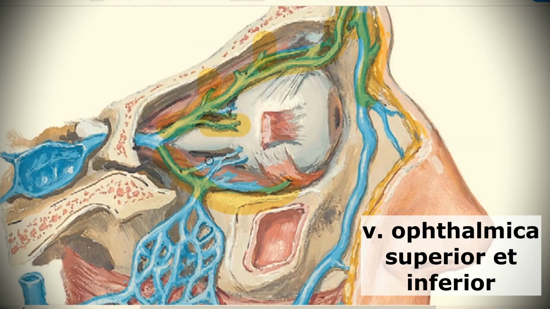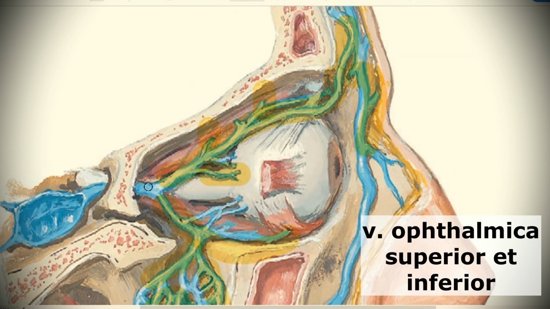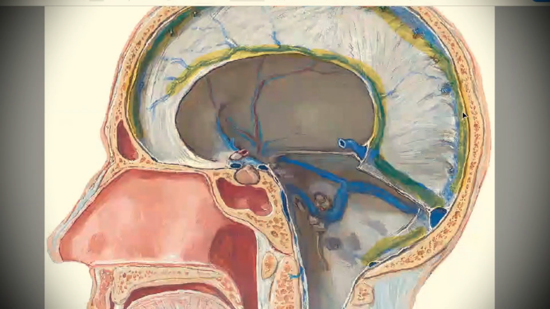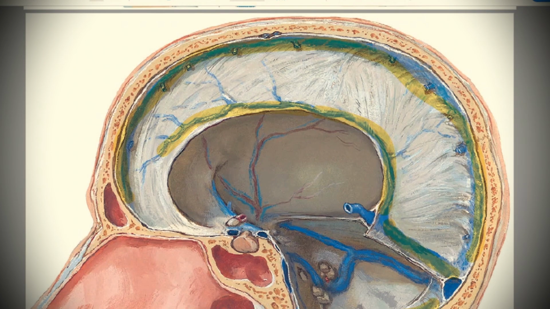Inferior ophthalmic vein gets blood also from the eye, from inferior muscles. Then they unite. Ophthalmic vein goes through fissura orbitalis superior and falls into sinus cavernosus. Also, almost all blood from your brain